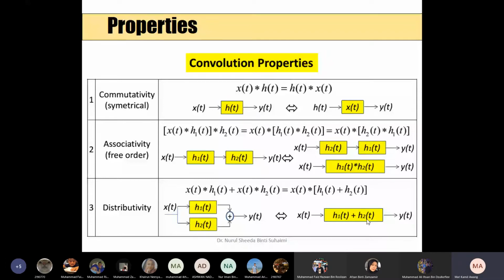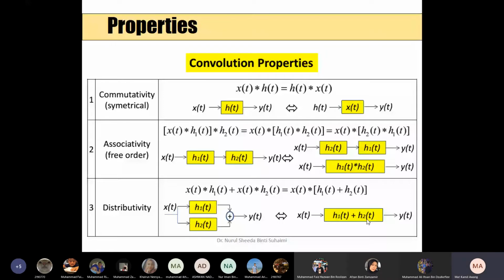And the third one is distributive. The distributive property says that x of t convolve with h1 of t plus x of t convolve with h2 of t can be written as x of t convolve with, in the bracket, h1 of t plus h2 of t. Okay? So by diagrams,